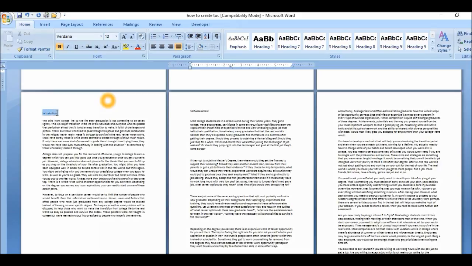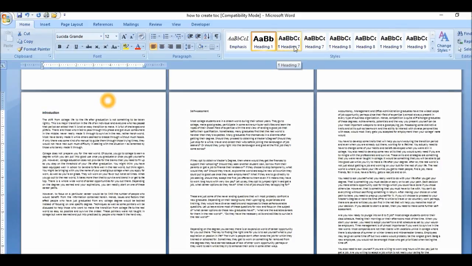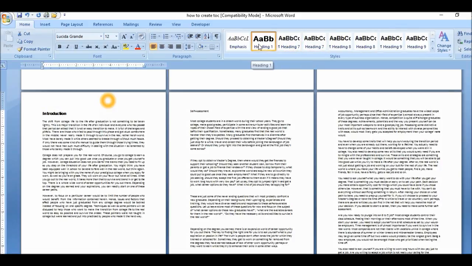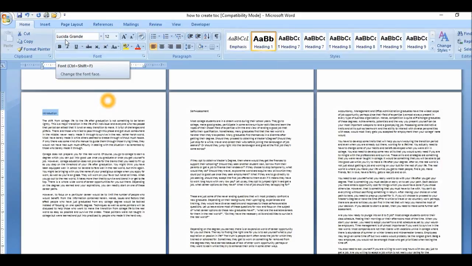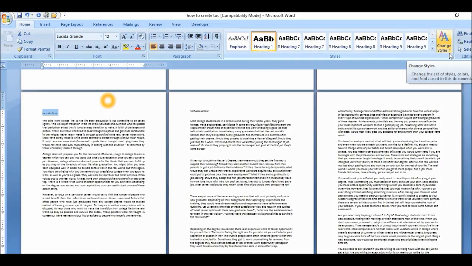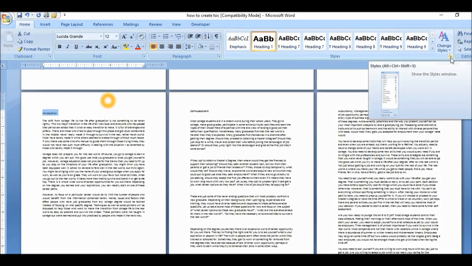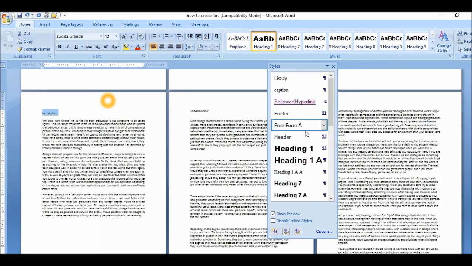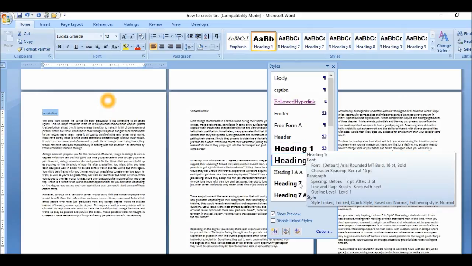Let me just go with this. We highlight this area here, and we have different options. Under Home, we have the different styles for our headings: Heading 1, Heading 2, and so forth. If you look at Heading 1, this is the formatting here: Lucida Grande, and the font size is 12. If you don't like that particular font, you can format the heading styling. To do that, we go to Change Style, click on the drop-down arrow at the side here, and go to Heading 1,